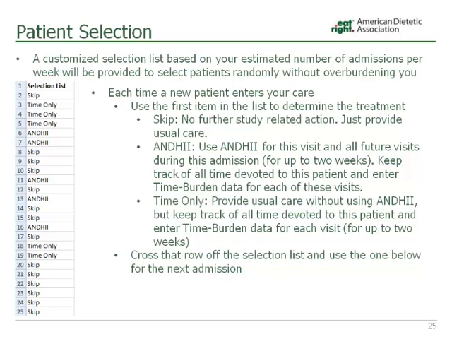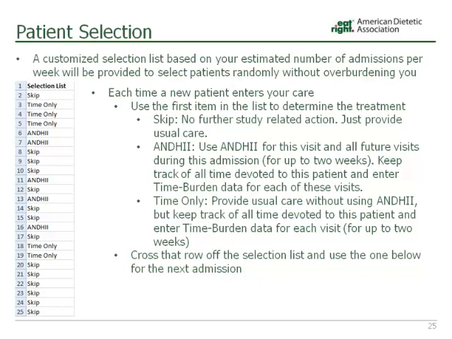And what it will do is be a list of 3 options: skip, time only, or ANDHII. For skip, that patient is not going to be related to this study at all. You just provide your usual care and don't do anything special for them in terms of the study. Since you're only using ANDHII for a few of your patients, skip is the option that you'll probably see the